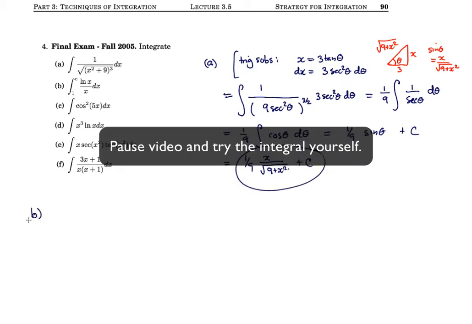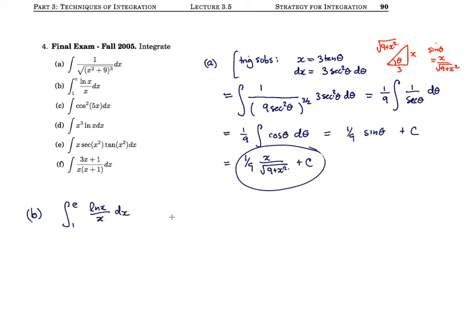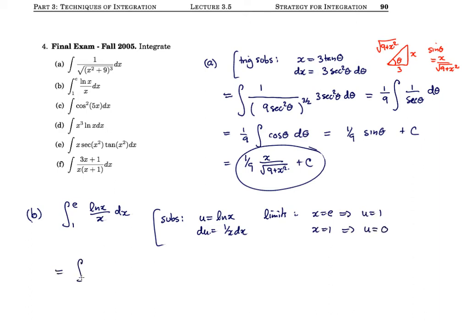Let's look at part B. The integral from 1 to e of ln of x over x dx. So here we notice that the logarithm has its derivative that also appears in the integrand. So this is a perfect candidate for doing a substitution. u is equal to ln of x, du is equal to 1 over x dx. It's a definite integral, so let's switch the limits as well. So our new integral is the integral from 0 to 1. ln of x is u, and then the 1 over x dx is du. So this becomes 1/2 u squared from 0 to 1,